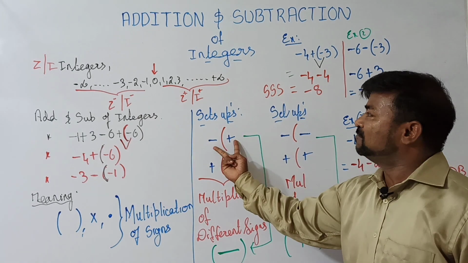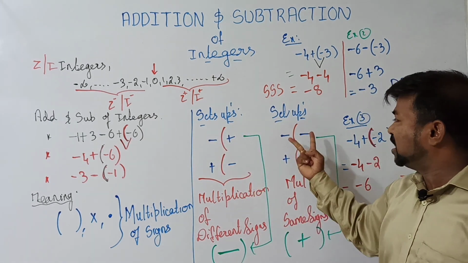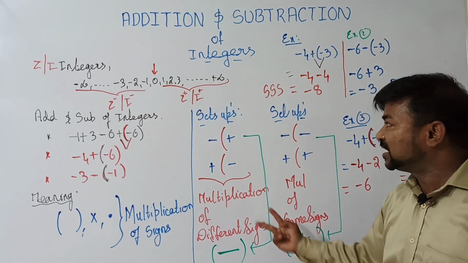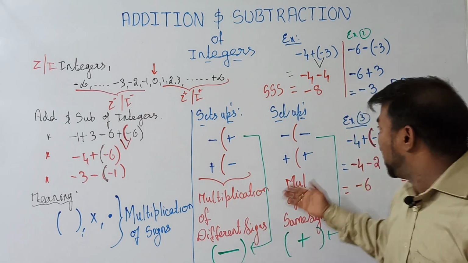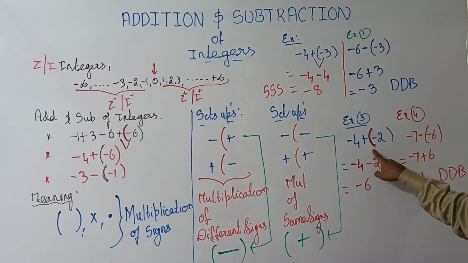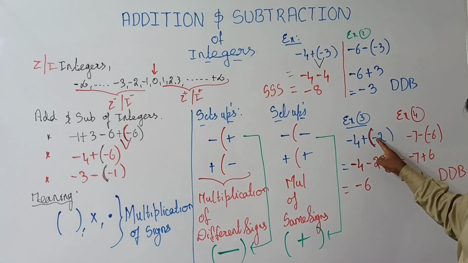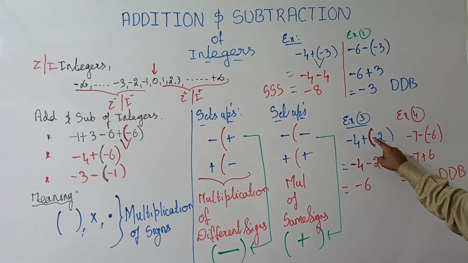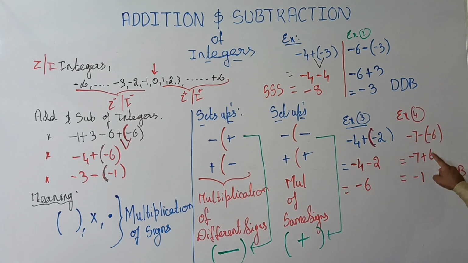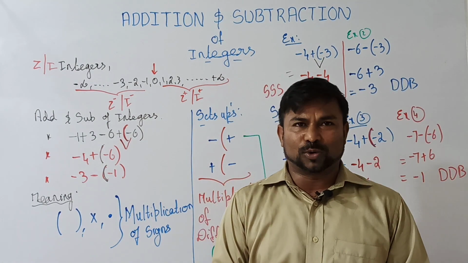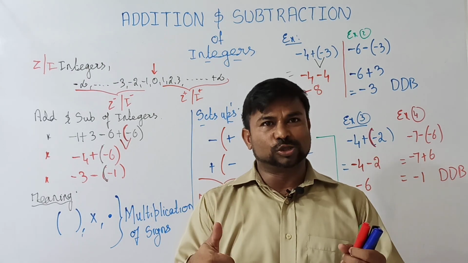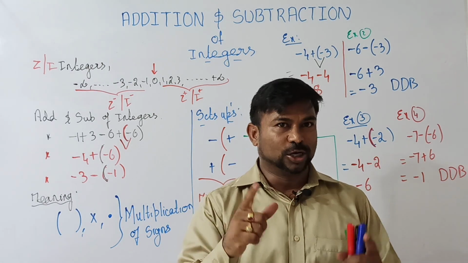Same signs multiplication will get plus, different signs multiplication will get minus. And I have explained to you. See the setup here. Bracket back side one sign, bracket front one sign. Then different signs give minus, same signs give plus. Okay, guys, hope you are able to understand the concept of what I have said, and let's do the basics perfectly to build up the bigger sums.